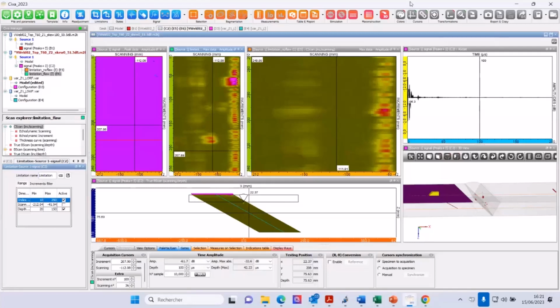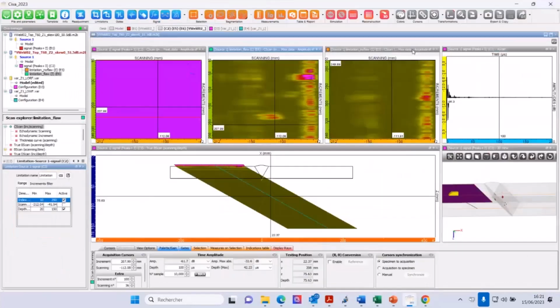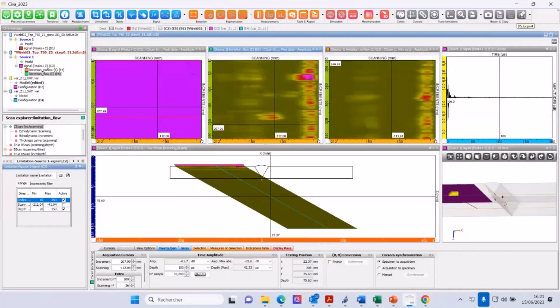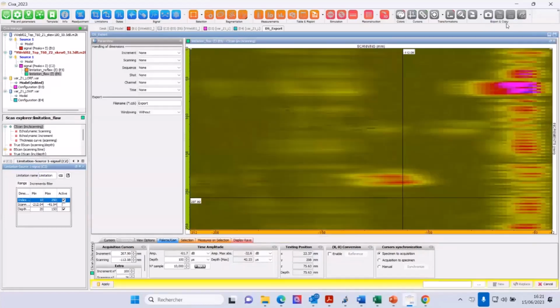On the top here, if you see here on the toolbar, there is DS export. So the idea is to export the data, so the C-scan, the limited C-scan, into binary files. In CIVA, it's called CCK files. And the binary files we generate are a generation from experimental results with one output corresponding to the amplitude